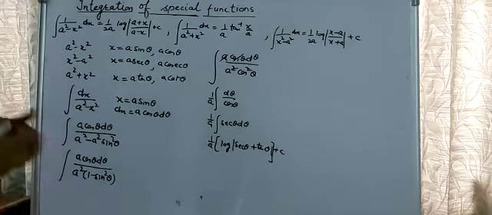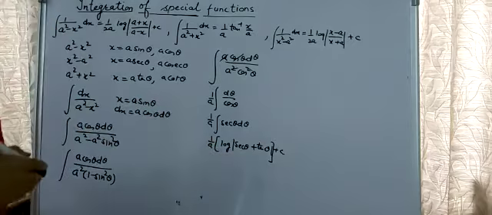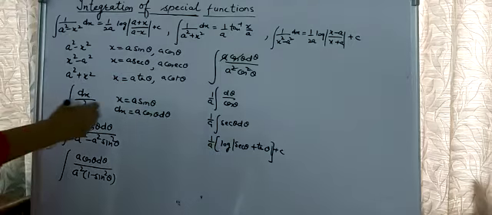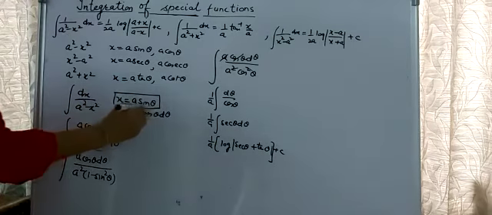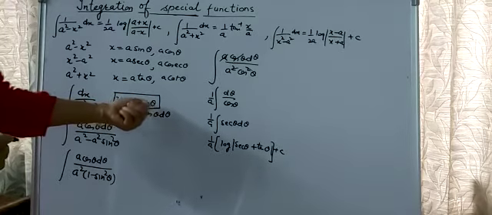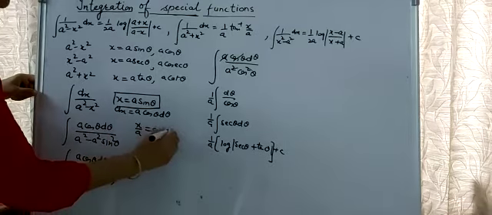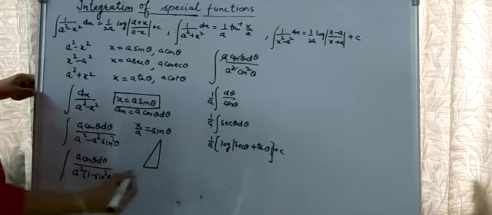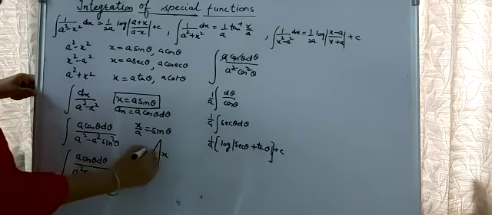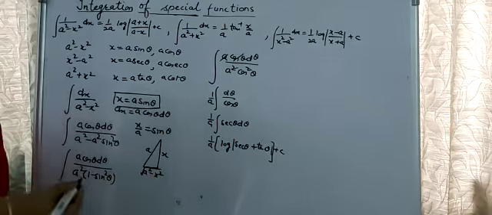So this will become the integration of this function, that is secant theta. Now we put here the back value of secant theta and tan theta. Here we substituted x as a sin theta, so we change back, that is theta in the form of x. So from this you will get x upon a is equal to sin theta. So we find these values with the help of a right angle triangle. We know that sin theta is equal to perpendicular upon hypotenuse. So what is its base? That is root a square minus x square.